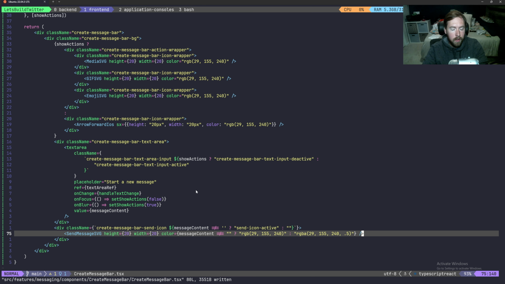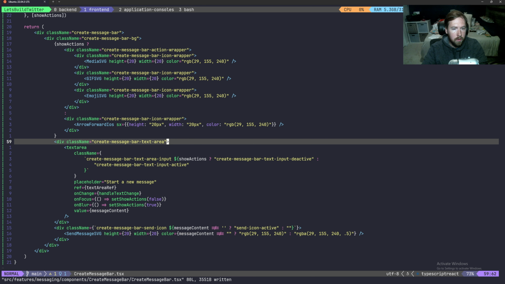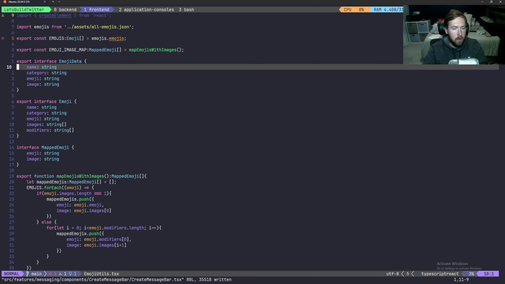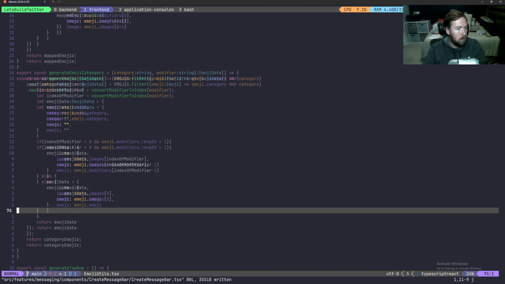So now the last thing that we need to do to kind of get this all set up is we do need to do the overlay like we did inside of the create posts and stuff. But to do that, we also need to go ahead and set it up so that emojis get shown properly instead of whatever system you're using. So let's go into the emoji utils and create a new function to take the message content with any emojis inside of it and then turn it into pictures of the emojis and then spans of the text. So inside of our emoji utils, I'm just going to scroll to the bottom,